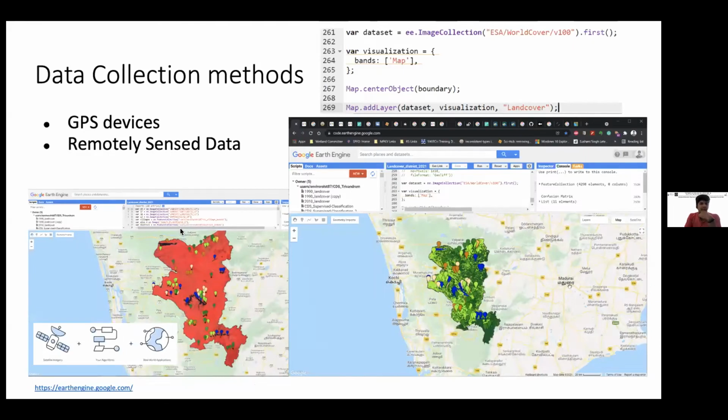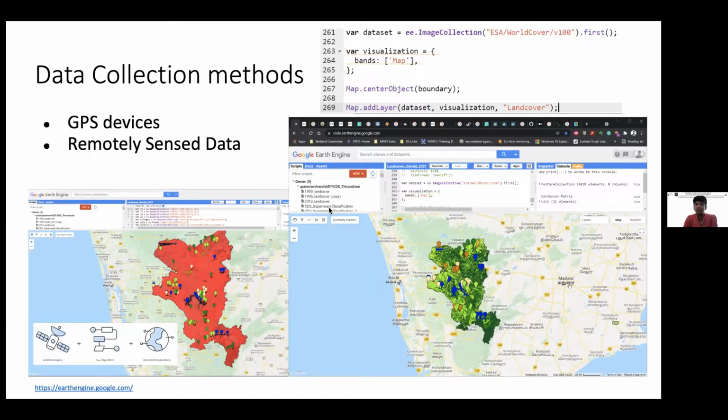Apart from the actual primary data that you're collecting, there is a huge amount of information available to you through remotely sensed data. One example is the demo I showed you on the SAR imagery.